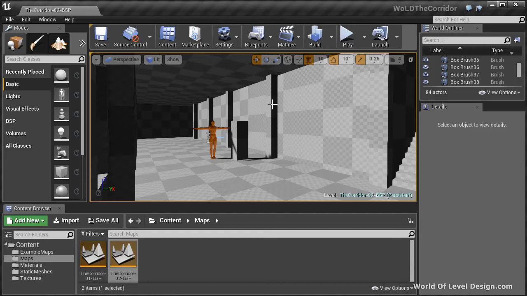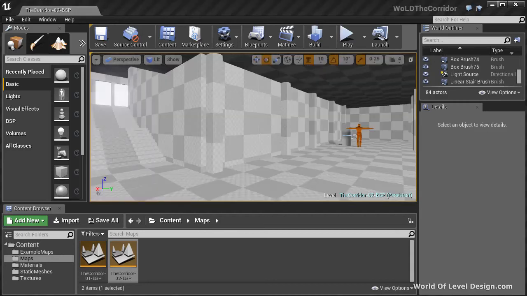This isn't the final layout. It will change a little bit due to static meshes and how they fit together. There is one more thing that we want to do, and that is playtest our map inside the level. We chose a blank template, so we're not going to have a player character that's walking around. But if you are creating this for a game, and you're going to have a playable map,